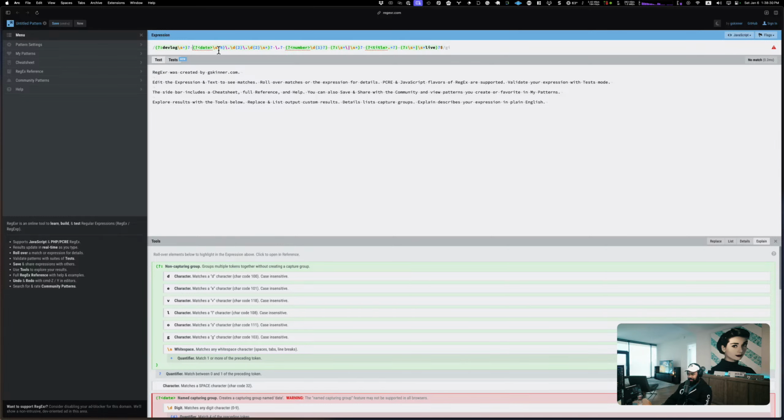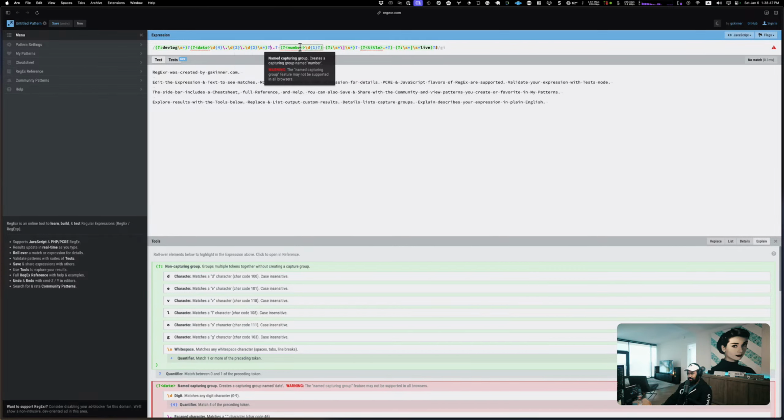So now let's see what it's complaining about. Problems in the expressions are underlined in red. Roll over them. Okay, I don't care about that. That's just a warning. All right, is my regular expression okay now? Are they going to keep yelling at me? Are we good? Almost. Delete the spaces. All right, look at that. So yeah, we now have a regular expression.